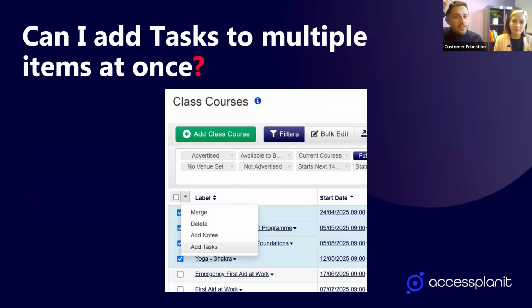And can I add tasks to multiple items at once? Yes, this came from a few product suggestions. This is actually quite new. So for example, what was the good example we had? If a venue is suddenly unavailable, that we talked about earlier, and we need to remap all of our classroom courses that are in that venue to a new venue, we can select them all from the class courses data grid and then